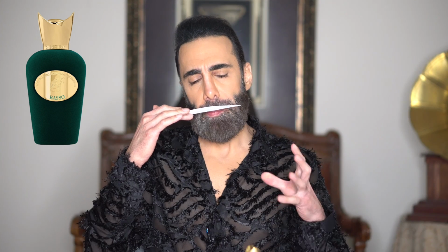This is very potent, you guys. So this one has the same potency as Vibrato. Very strong, very powerful. I can tell this is going to be very long lasting. It's very green, very spicy, and it's definitely familiar. I have to say that it reminds me of a green, strong, potent, spicy version of Isola